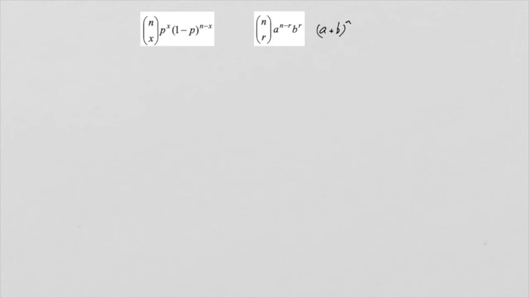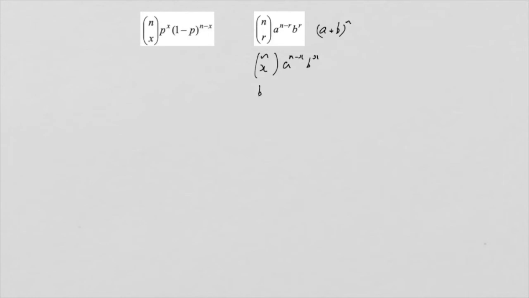What we can do, though, is change r to x, because the r is arbitrary, to show what the coefficient is for various different values of r. And so that would give us nCx a to the n minus x, b to the x. We could also then say that